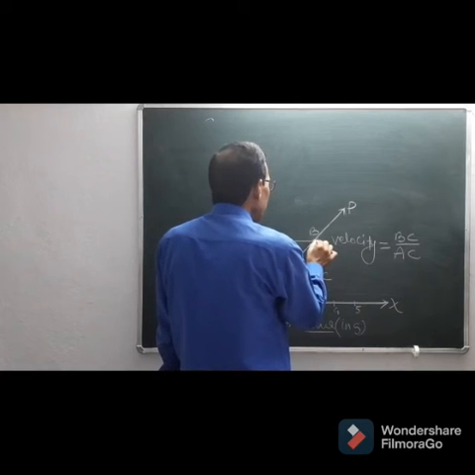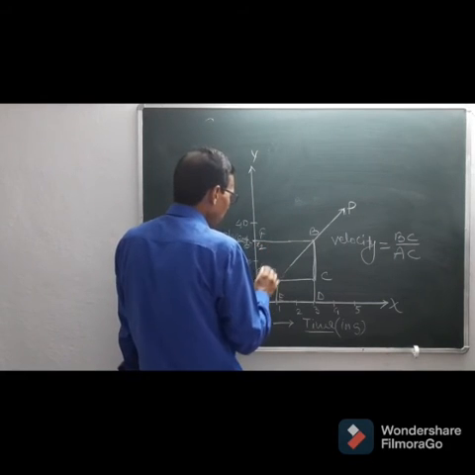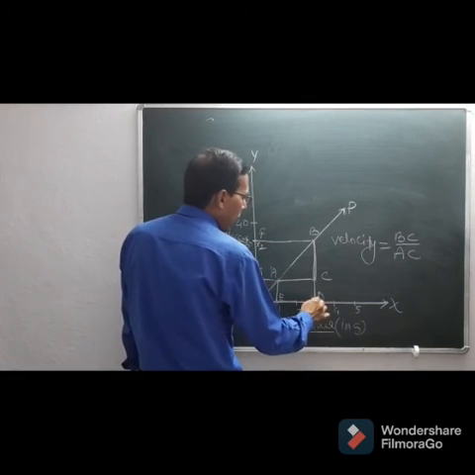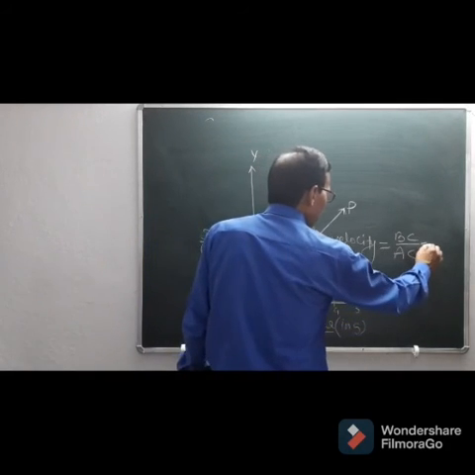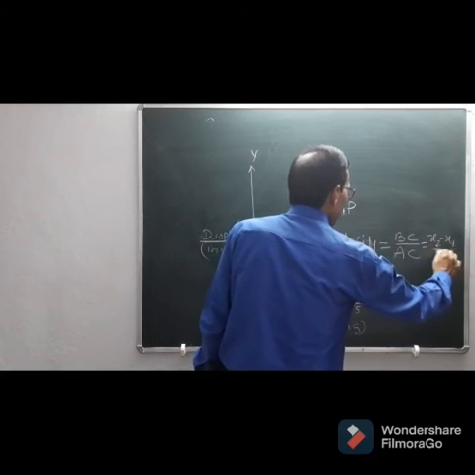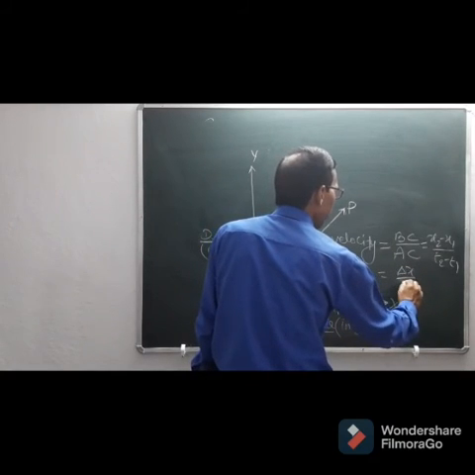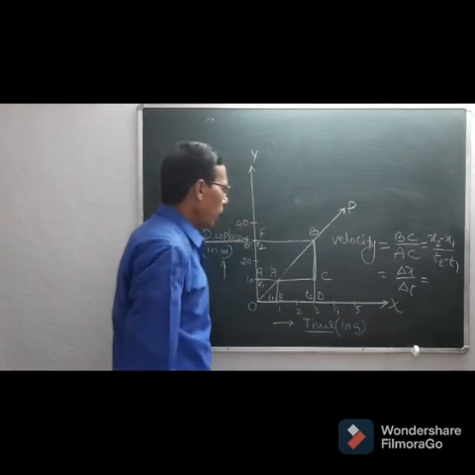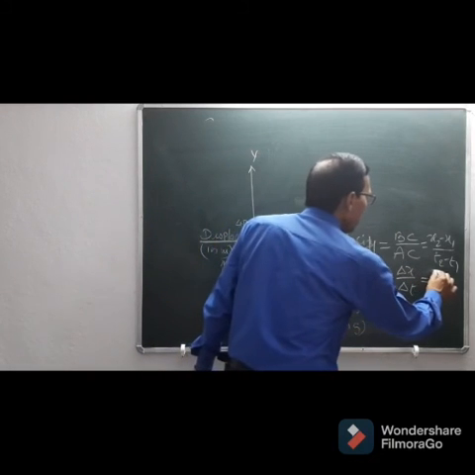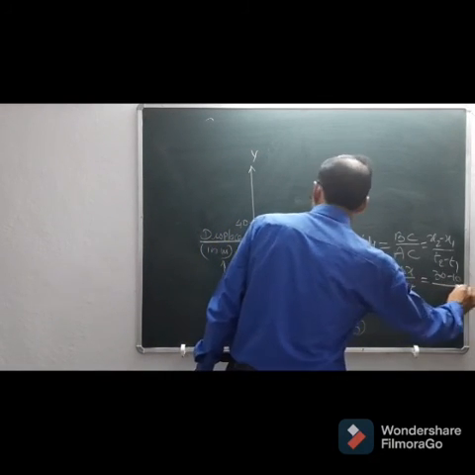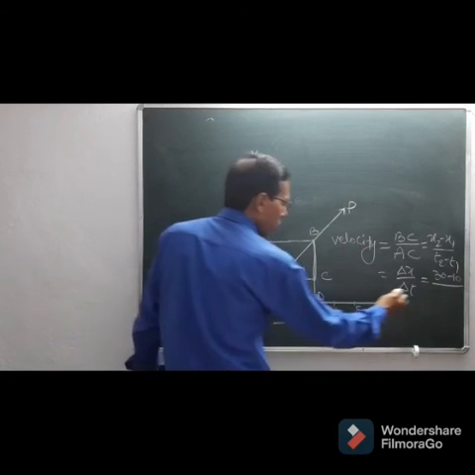From this graph, if you draw the perpendicular, it shows the final displacement, that is x2, and this is the initial x1. Time is final time t2, initial time t1. So you can also write x2 minus x1 divided by t2 minus t1. Otherwise it can be written as delta x by delta t. How to find the value of delta x? See, 30 minus 10, and time is t2 minus t1, so 3 minus 1.